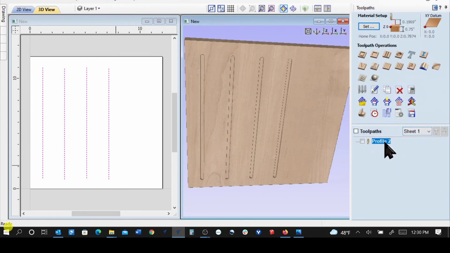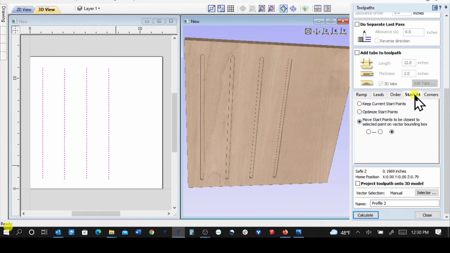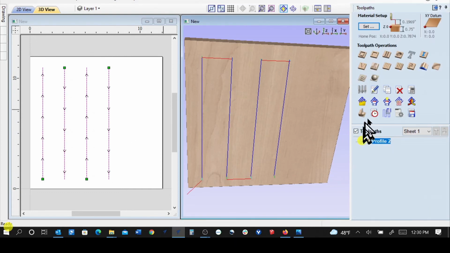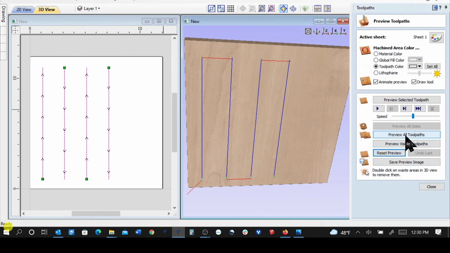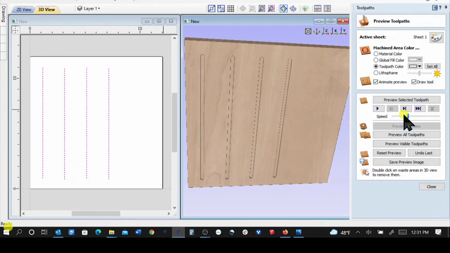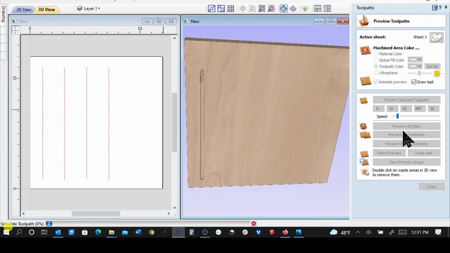I'm going to go back into it and just play with these values so that you can get an idea of what they do. I'm going to start at, keep the current start points, and the order is going to be vector selection, calculate, and there we are. Turn that on, we'll reset the preview, and preview all. Cut, cut, move over, cut. And again, I'll slow it down a little bit. Reset, preview all. Cuts going up, jumps over the next vector, cuts coming down, lifts up, goes to the next